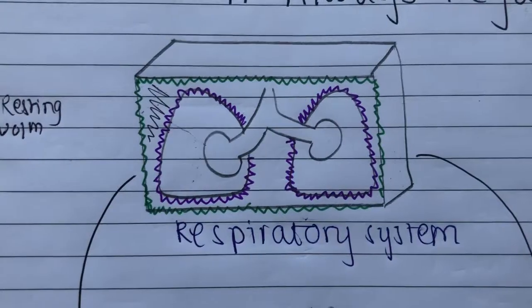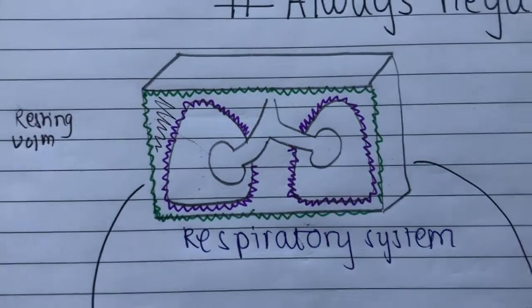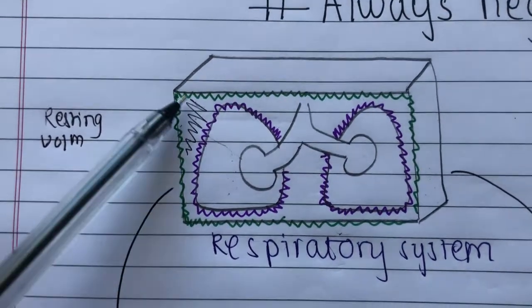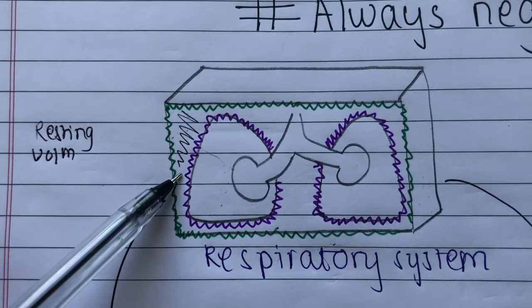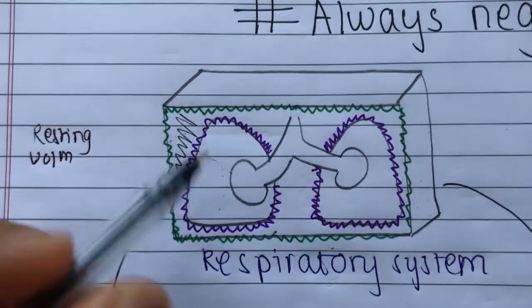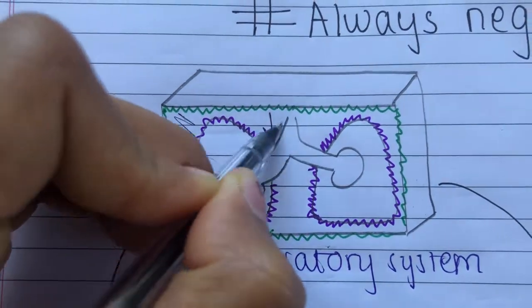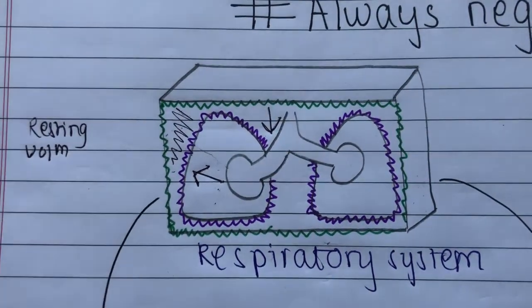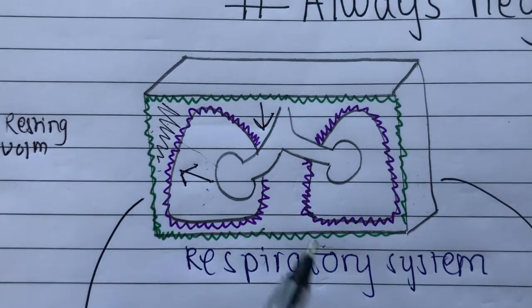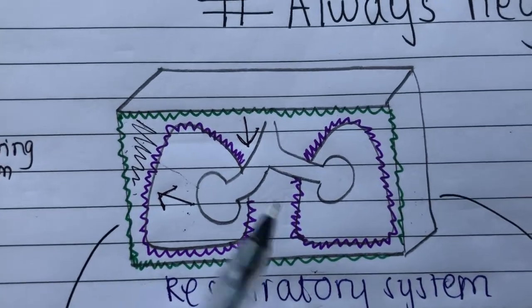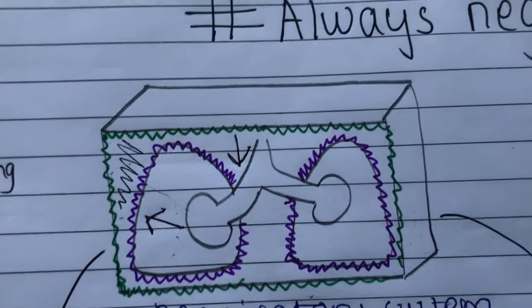Okay? Now when we talk about the respiratory system where both are together, we can see that because of the stickiness developed between these two layers, the lungs are stretched out a little and the chest wall cavity is pulled in a little, right? Now let's suppose we put a rubber band, stretch it and put it inside a box. Now obviously it will have a tendency to come back to its position.